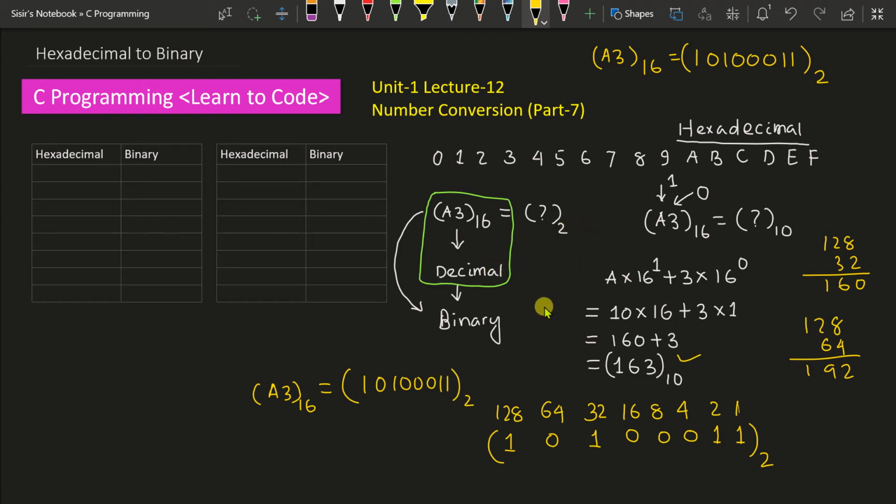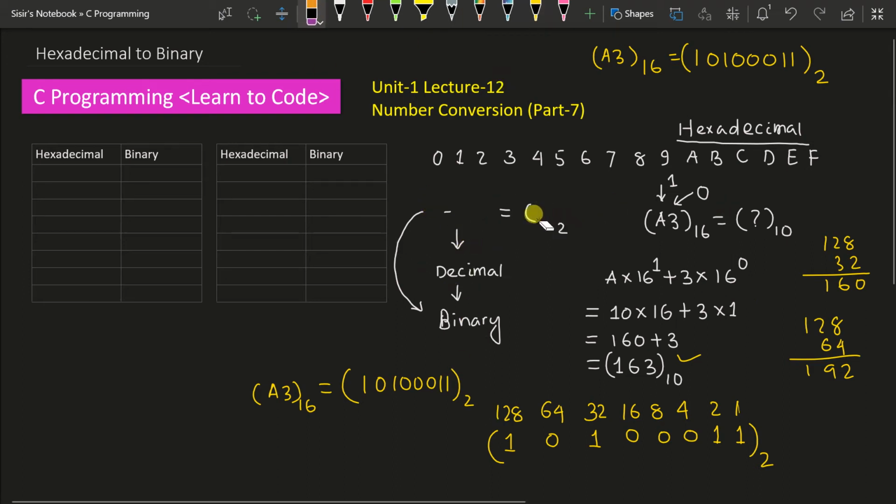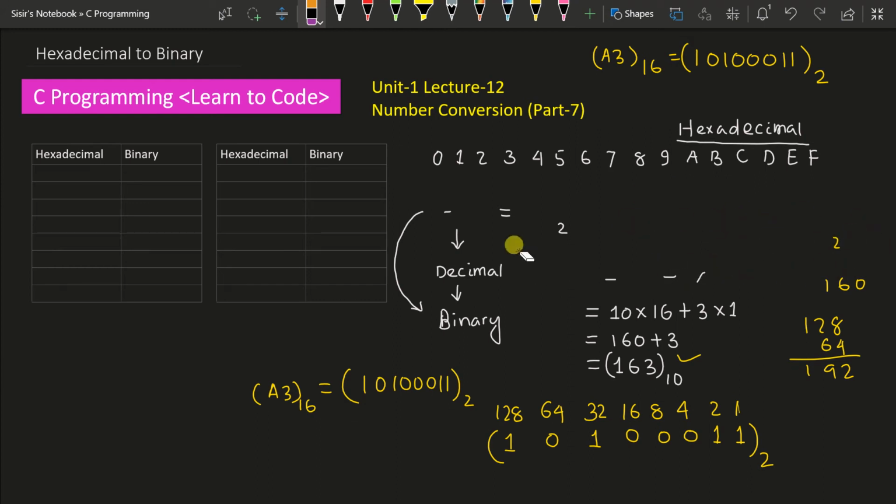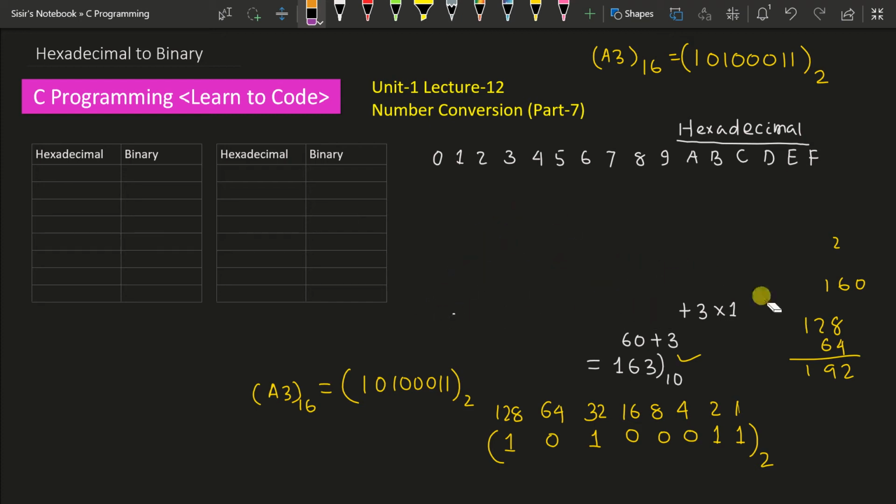This is the longest procedure, a slightly complicated procedure. So let us discuss what is called the shortcut method. Before that, let me erase this part so that I can write only the things needed here, which will be easier to understand. Let me erase this part so that it will be easier for us to write here.